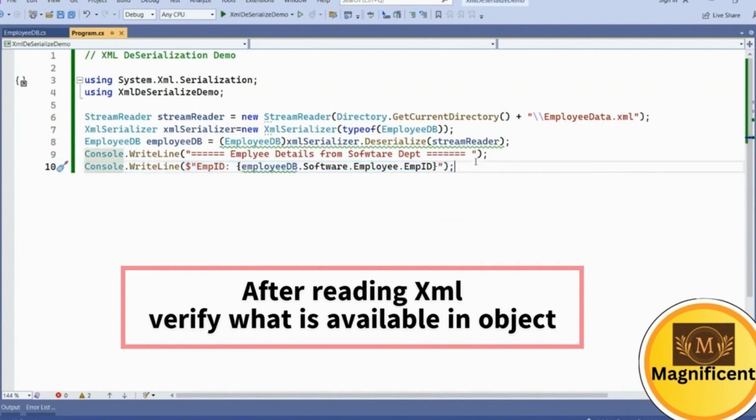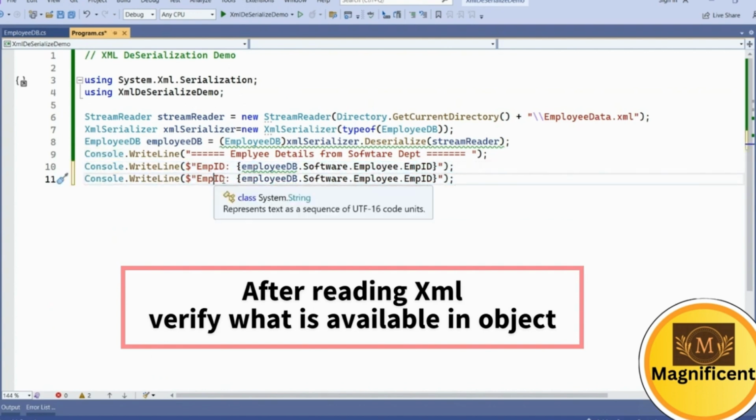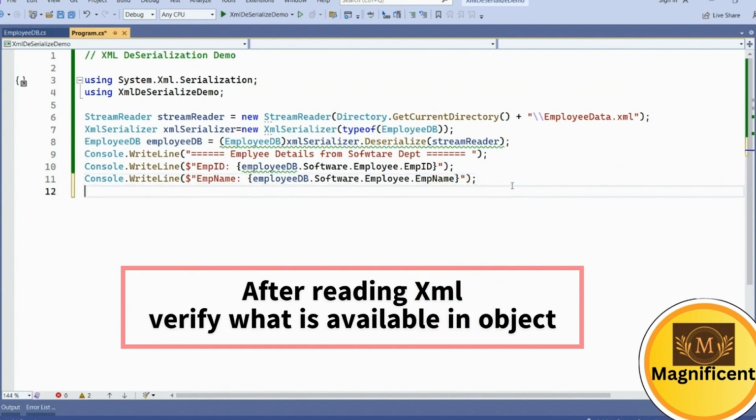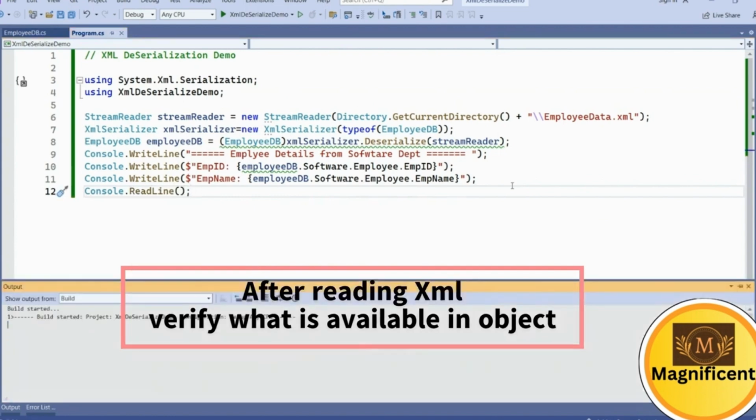And for employee name also, you can copy the same, and just print employee name instead of ID. This change we have done to print on the console screen. At last, to hold the screen for some time, just add Console.ReadLine or ReadKey. Okay, make this ReadLine so it will hold our output screen. Now build it